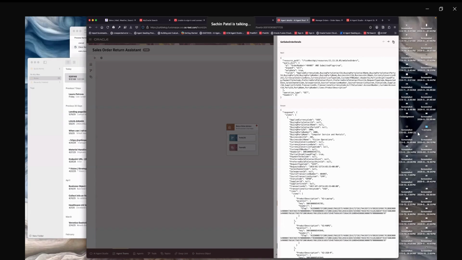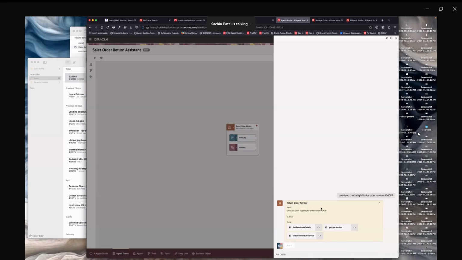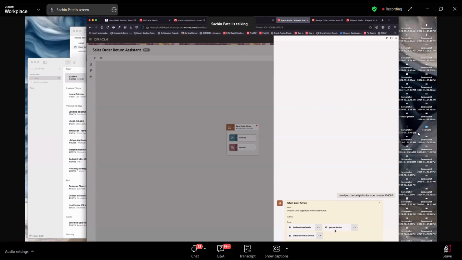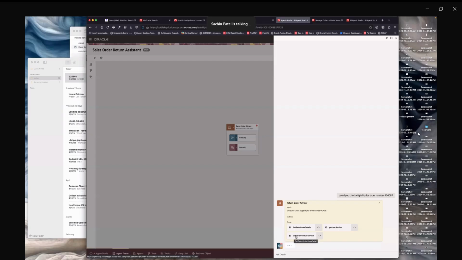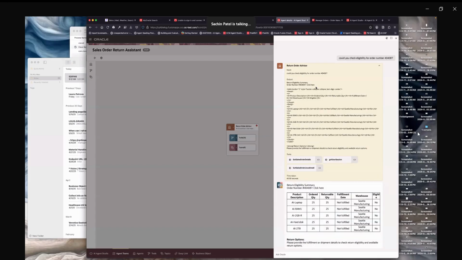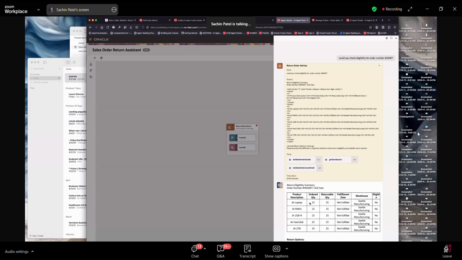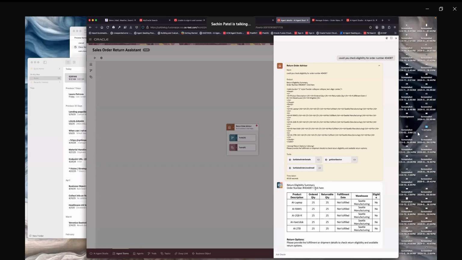And this was covered earlier, so I'm not going to go into detail. But as you can see, it's first getting the sales order. We've given it the number, so it's getting the sales order details. It's also getting the user session, the user ID, and the current time, etc. And then it's also calling in the order lines. And if you notice, it waited for finishing this particular tool call, and then subsequent tool calls were shown out here. So as you can see, it's now gone ahead and checked this particular return eligibility summary out here,